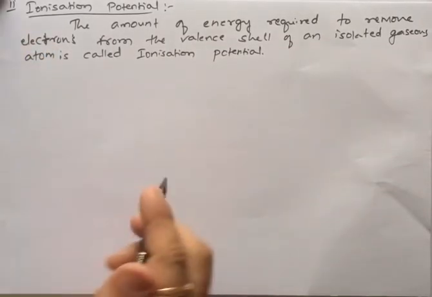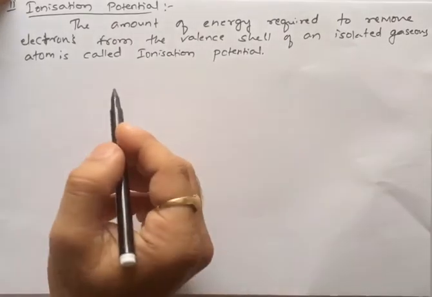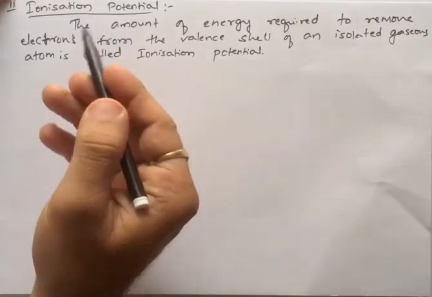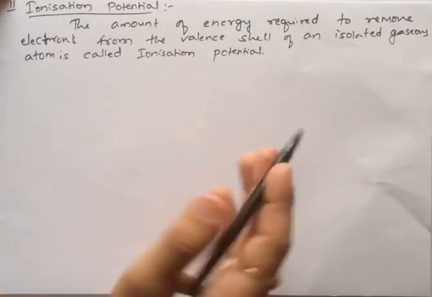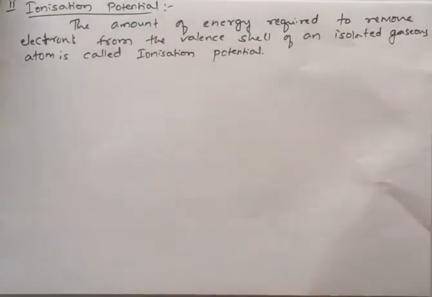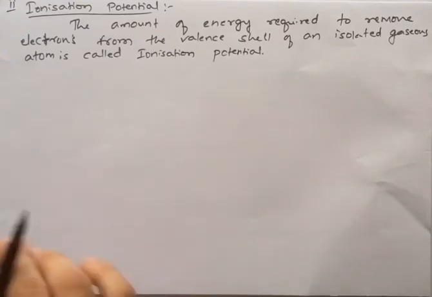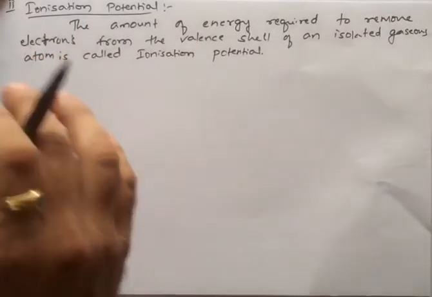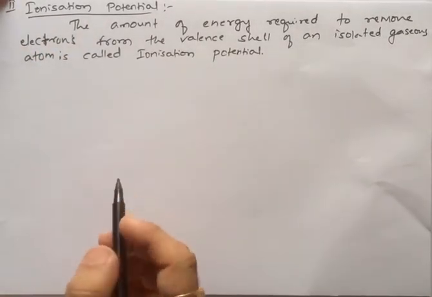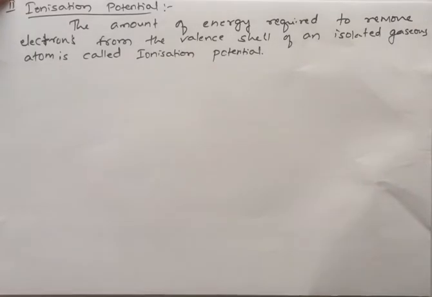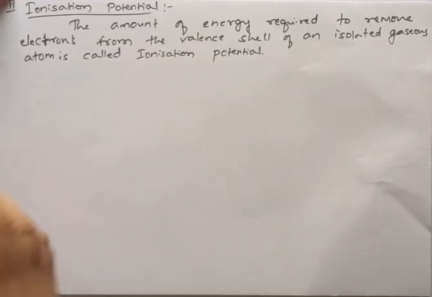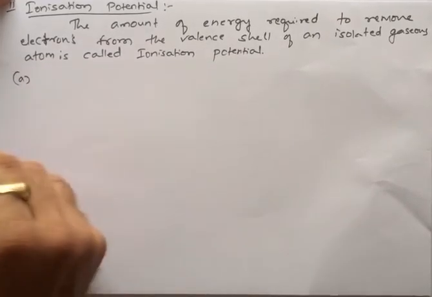So removing an electron from an atom means we have to remove electrons from metals. Yes or no? So sodium will give one electron, magnesium will give two electrons, and so on. Correct or no? So magnesium requires more energy to remove electrons. Does removing an electron from magnesium require more energy, or removing an electron from sodium? That we are going to discuss in this ionization potential. Okay. So the A part is along